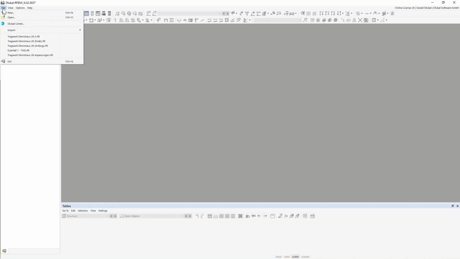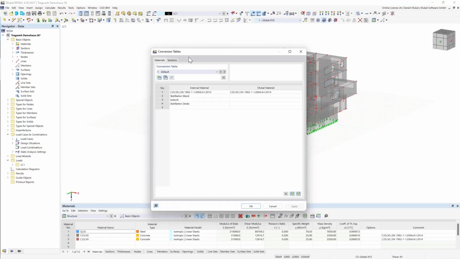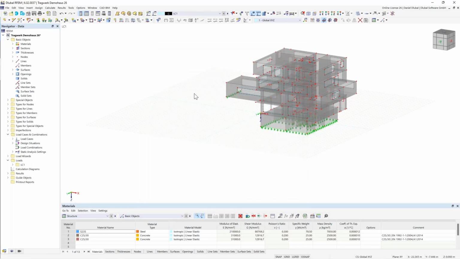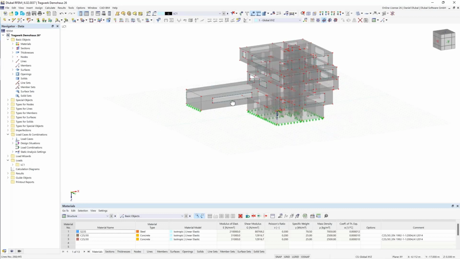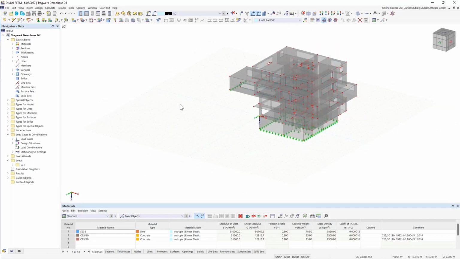Perfect. So now you see here the conversion tables. You can do this here in RFEM 6, or the other way, as Guido has already shown, you can also do this in Archicad. I click here on OK,